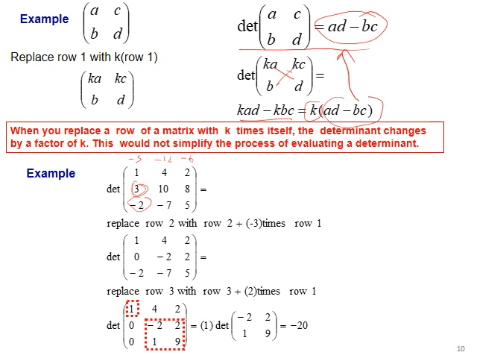I will add. Okay? Definitely, we will keep row number 1 and row number 3 constant, but we focus only on